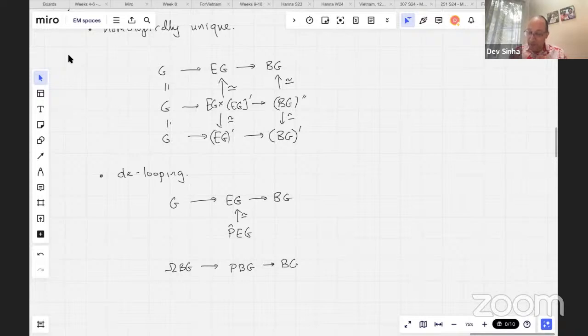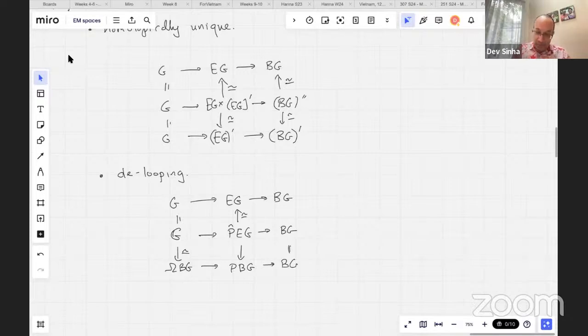Or you could take the endpoint of the path and look at its image in BG. And you realize, though, that this is also a BG. And thus we get an equivalence here ultimately between G and loops BG. Okay, that was probably a bit brief, but